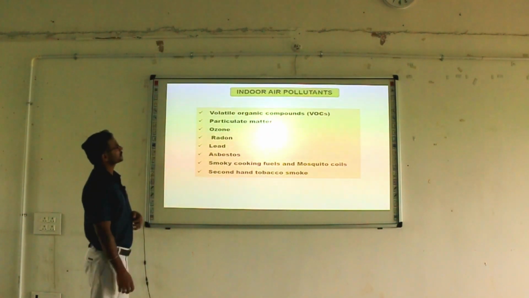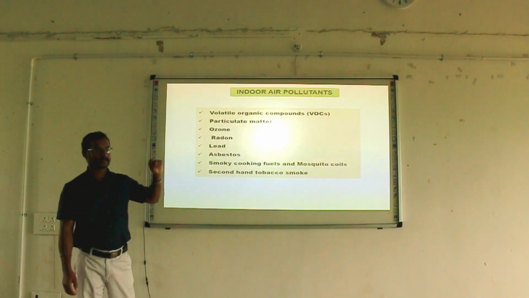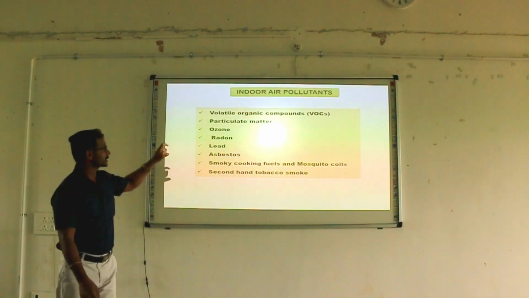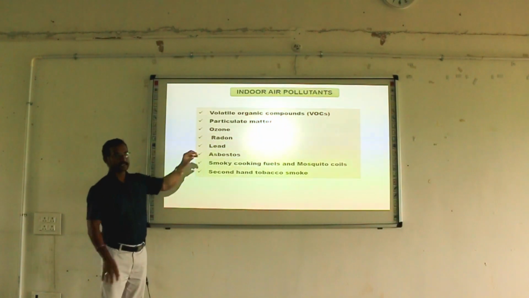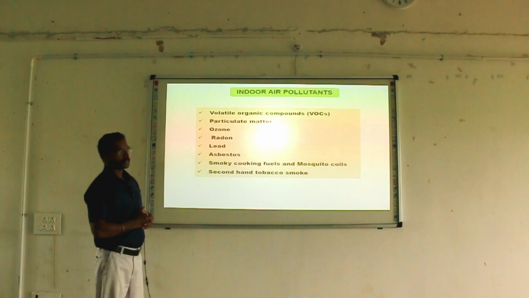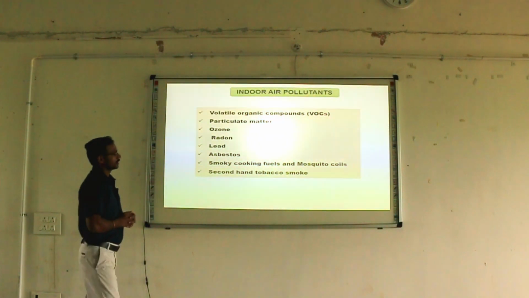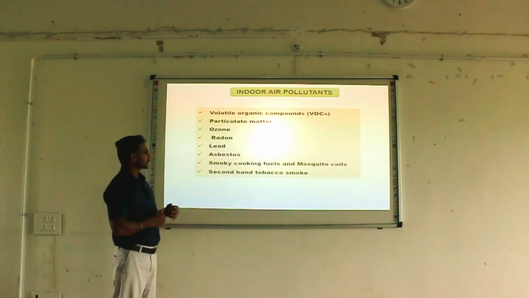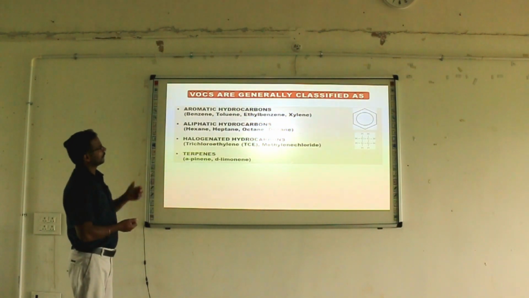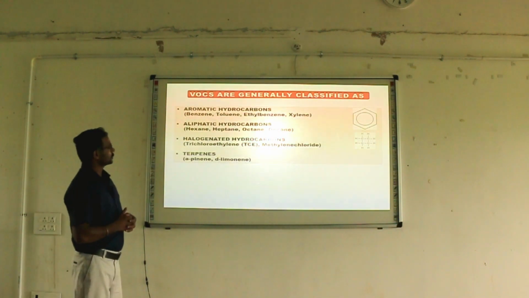Then indoor air pollutants mainly spoil the indoor air quality. In the previous slide we saw the overall condition of outdoor and indoor, but these are produced only from inside the indoor house: volatile organic compounds, particulate matter, ozone, radon, lead, asbestos, smoky cooking fuels and mosquito coils, then second-hand tobacco smoke. Volatile organic compounds we can mainly classify into aromatic hydrocarbons, aliphatic hydrocarbons and halogenated hydrocarbons,